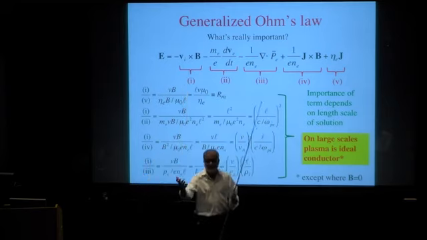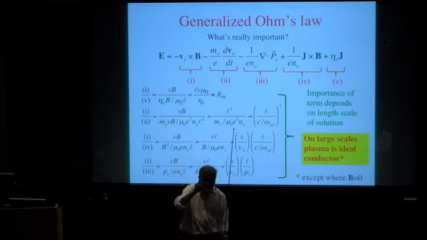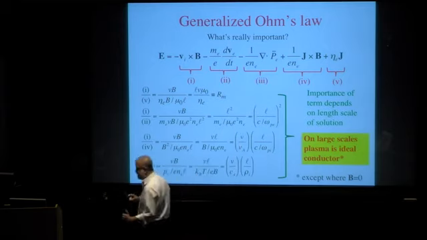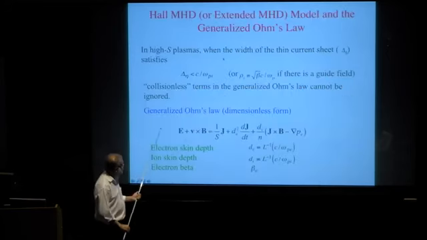And this is why ideal MHD is very good on large scales. But in small scales, when you're getting into these thin current sheets, all these terms matter. And the reconnection rate is actually controlled by what happens. If you write this out in dimensionless form now,